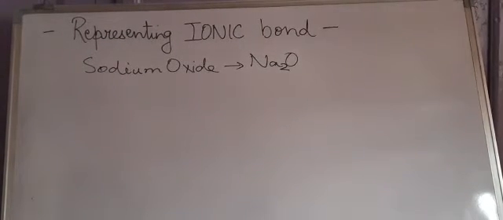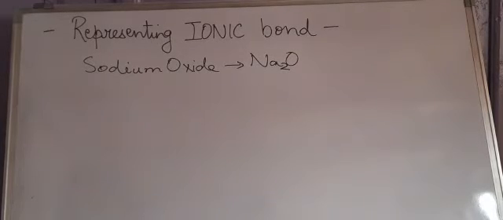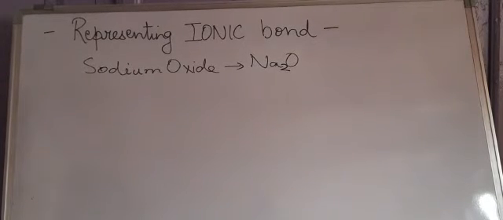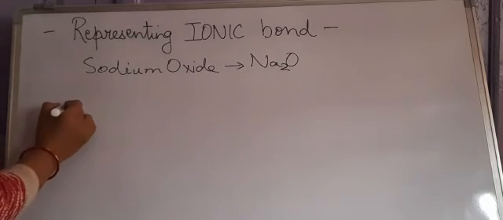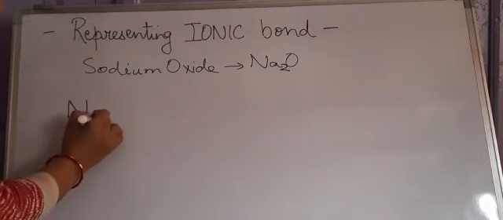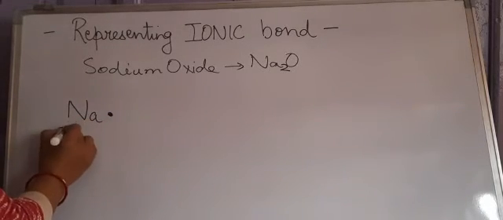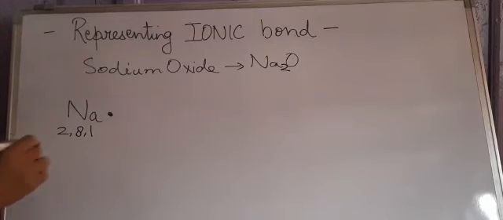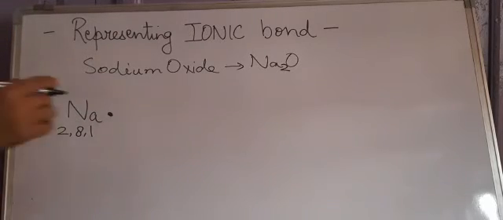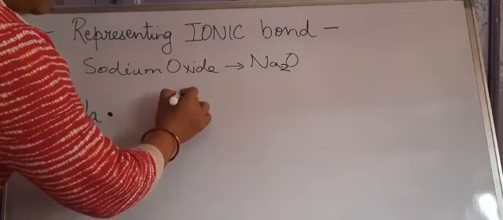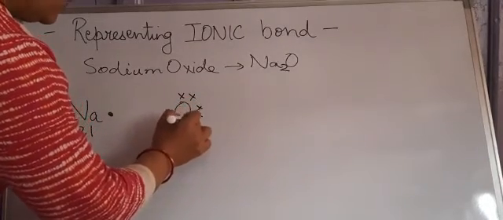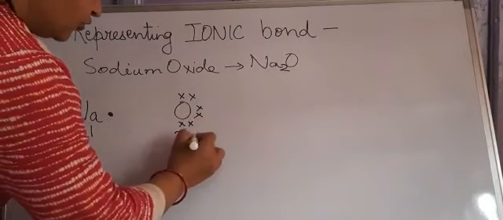Let's see how we are going to make it if there are more than 2 atoms. Okay, now in this case we have 3 atoms, 2 of sodium and 1 of oxygen. So let's see how we are going to show that. 2 sodium atoms are there, so we are going to show it at 2 different places. Sodium with 1 electron in the outermost orbit, it is 2,8,1. So 1 electron in the outermost orbit, this is the electronic configuration of sodium. And for oxygen you are going to show 6: 1 2 3 4 5 and 6, 2,6.